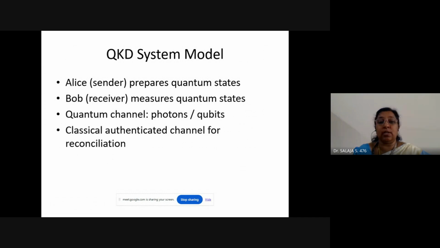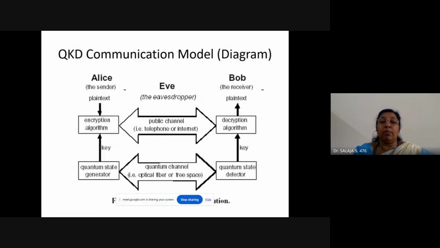model, which we call a quantum key distribution model, where Alice is a sender who prepares quantum states, transmits them through, and Bob on the other side receives them. The quantum channel for transmission can be photons in terms of quantum physics, and in terms of quantum computing, we call them qubits. A normal quantum key distribution